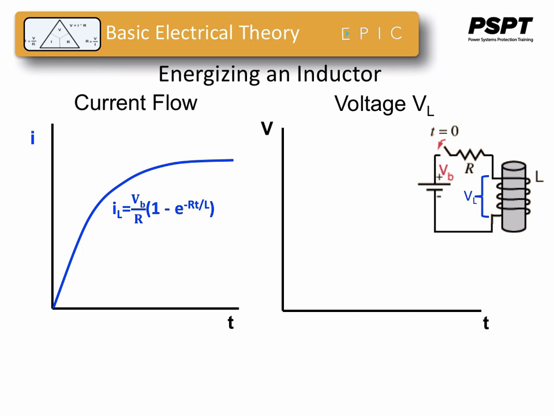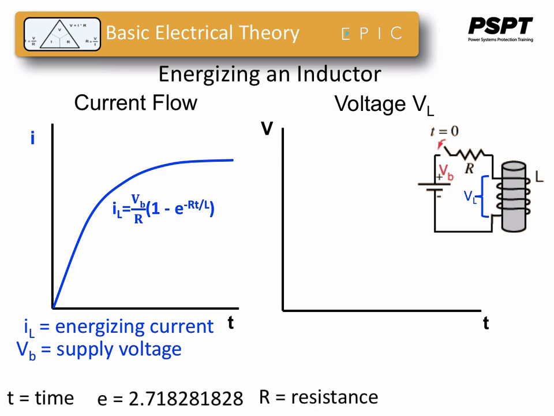Now, IL is the energizing current, VB is the supply voltage, and t is just time. e is the exponential term, 2.718281828, just a set number that we use. R is the resistance and L is the inductance. So at the beginning, when t is equal to 0, the value of e to the minus RT all over L is actually equal to 1. So 1 minus 1 is 0, and you multiply that by VB over R, the current will be 0 at